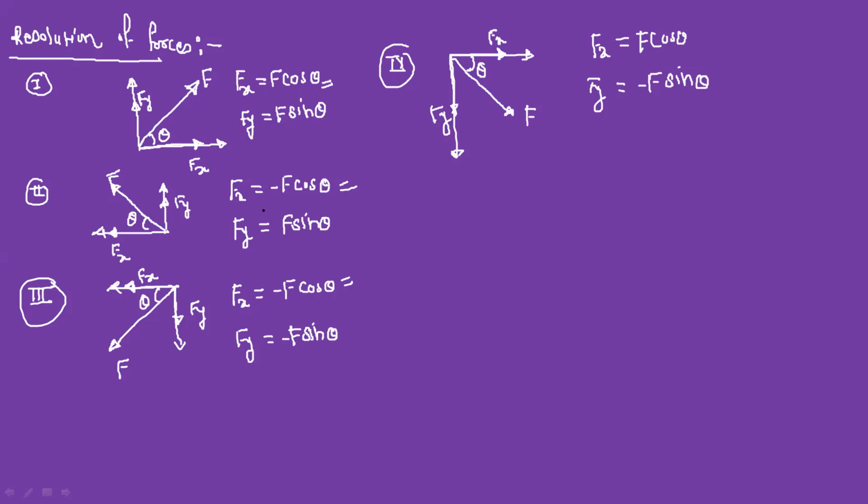So you can summarize this or you can note it down. We have already covered this. This is just a revision. So we will change the angle. So assume the first quadrant. This is F, and the angle is given with respect to y-axis. So this component will become Fx, and this is your Fy.